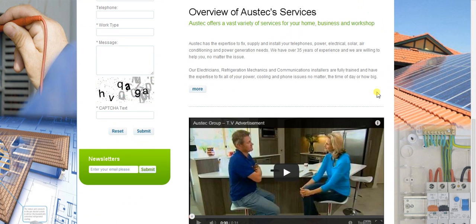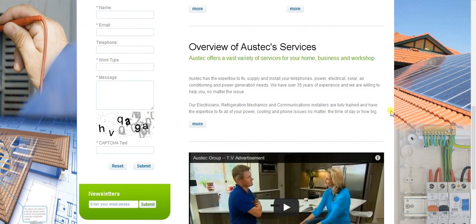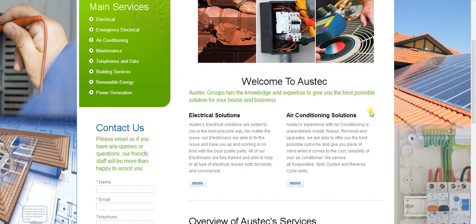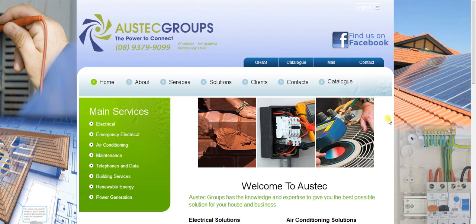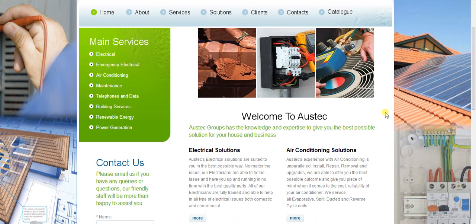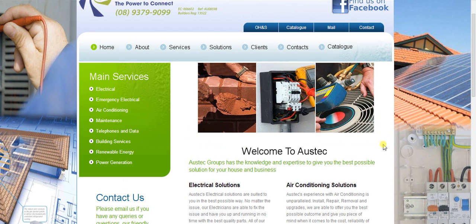Now a direct response website works harder for you than any of your salespeople. It's there all the time, round the clock, always getting new leads and always nurturing prospects into potential customers. So the first thing that we look out for in the difference between a brochure and a sales website are headings. So a big heading that draws attention and relates to the customer, something that solves a customer problem or